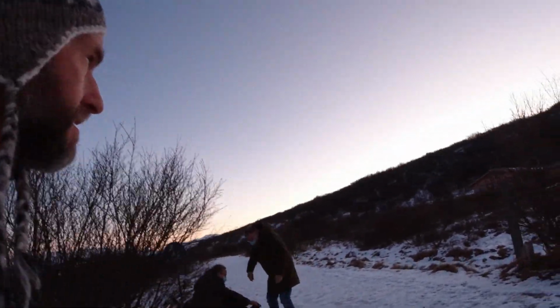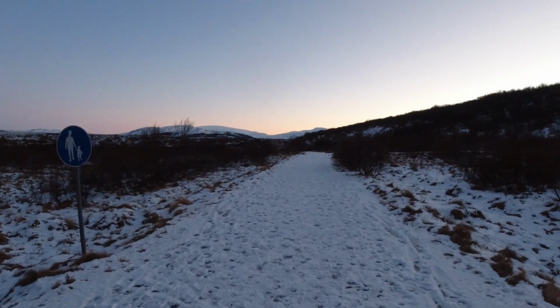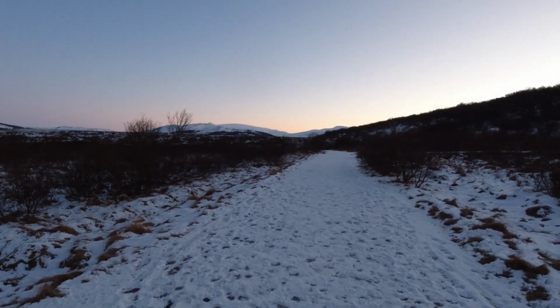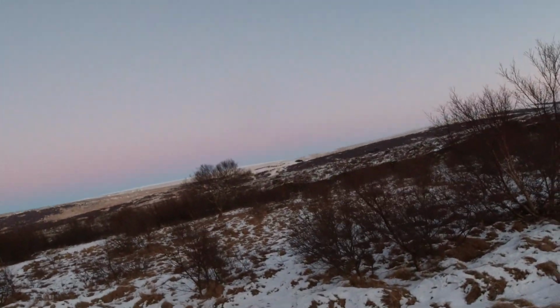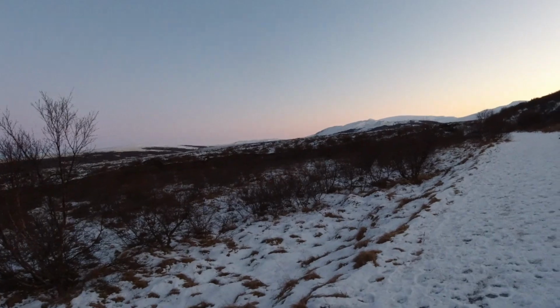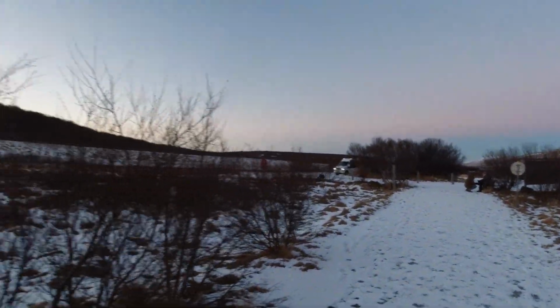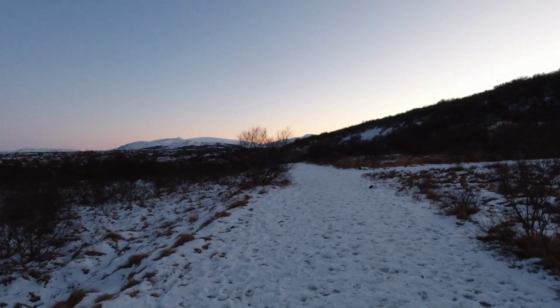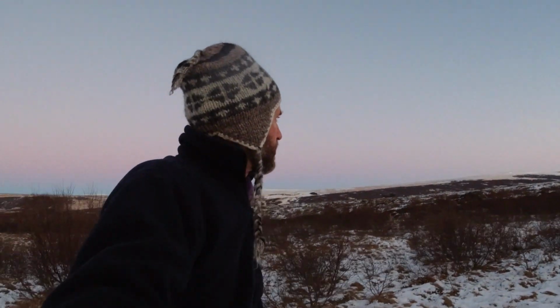So, it's a short hike, apparently, to these waterfalls. Look at this just stunning scene. This is our second stop, just like a 15-20 minute stop or so. But getting a good taste of the interior Iceland landscapes, the